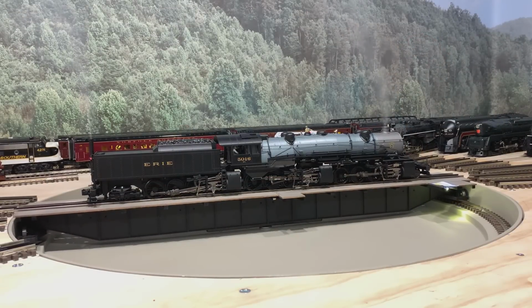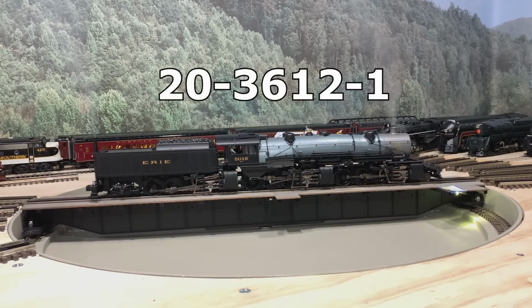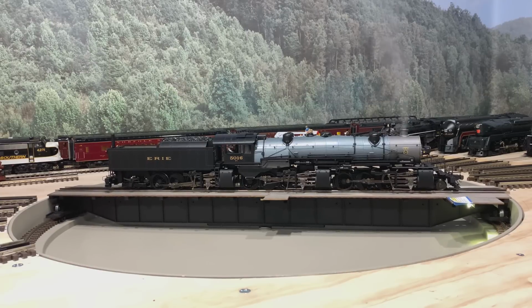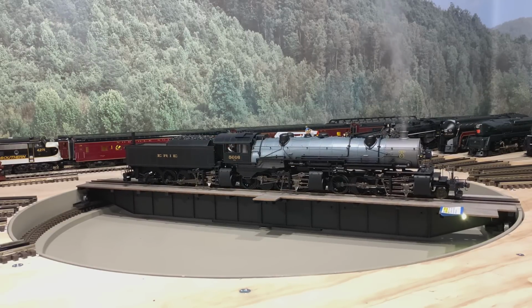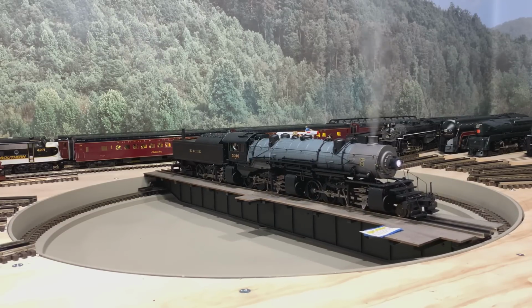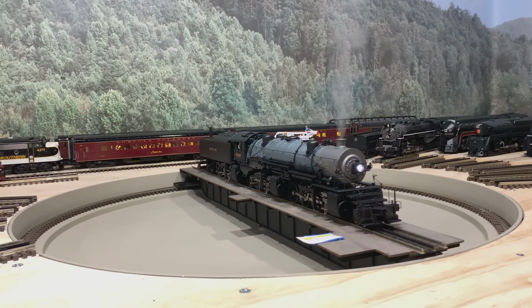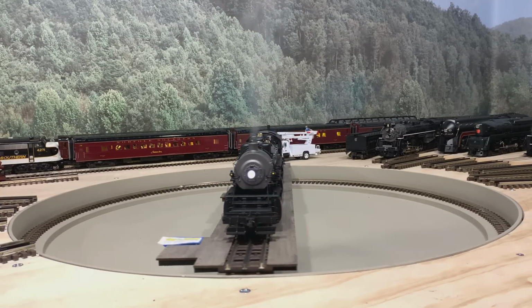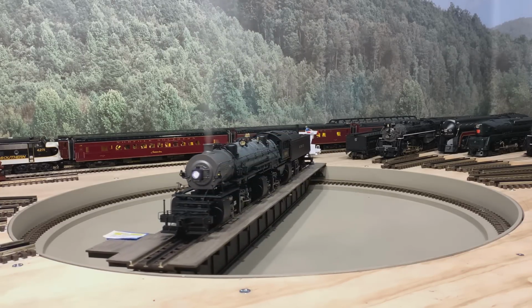This is MTH item number 20-3612-1. It was cataloged in the 2015 Volume 2 catalog and delivered in February of 2016. And while it's the smallest of the three locomotives we're looking at today, it's definitely the most unique looking and eye-catching. Not only is it painted in this beautiful Russian iron blue, but it has a